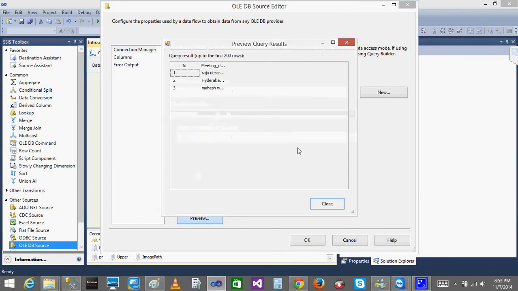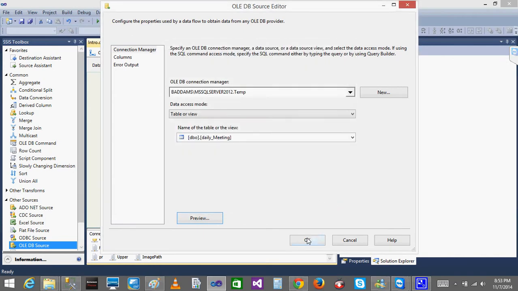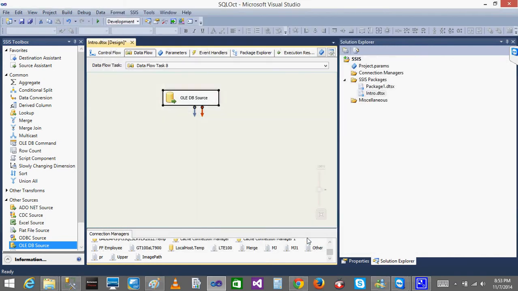I got the data now, right? But now what I want is a lookup. Let's say my manager asks me, okay Bhaskar, I just want to see in which meetings we discussed Raju and Hyderabad. Can you please let me know? How are you going to search those words, because in companies they will have hundreds of meetings. So the table will have all the highlights of the meeting, whatever you discuss.